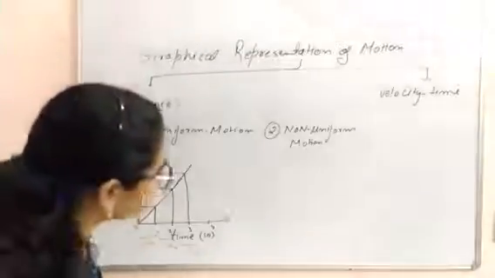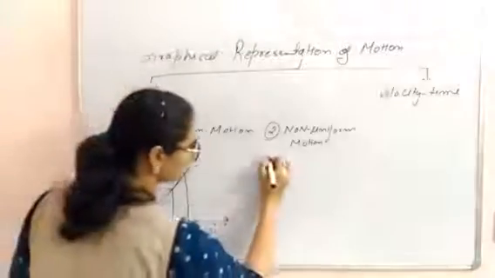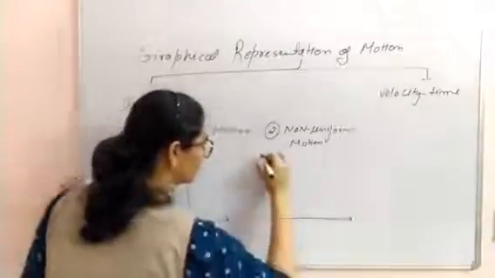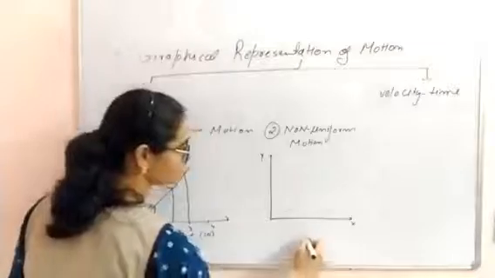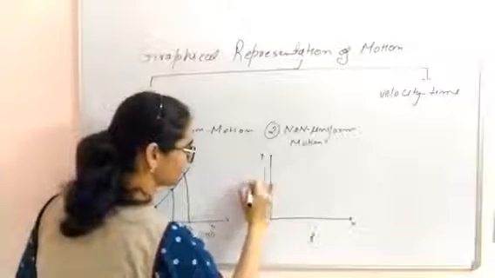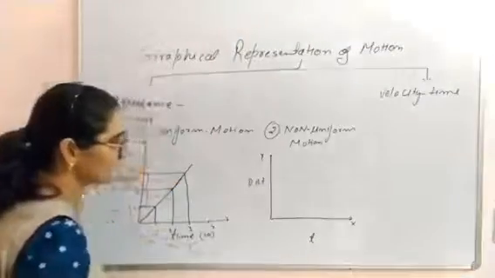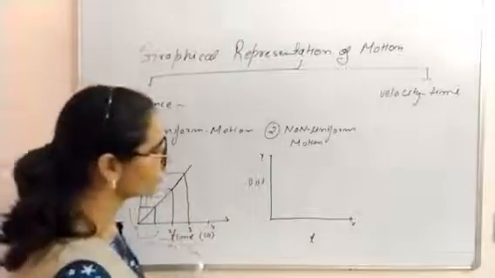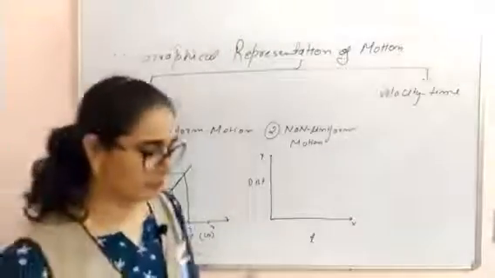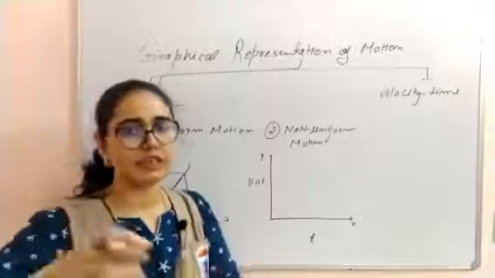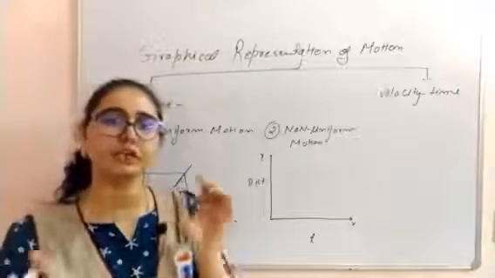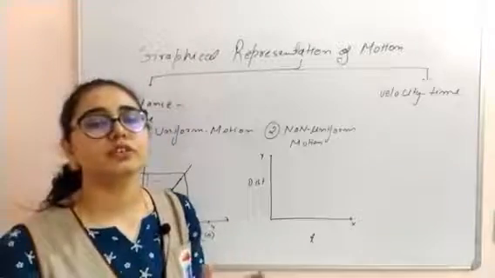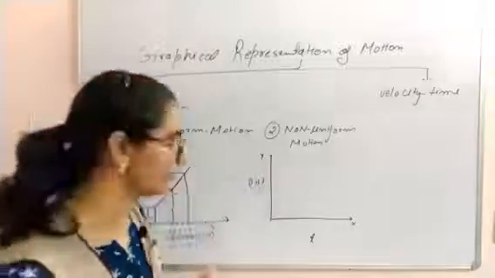So in that case, when we are going to draw the graph, how are we going to see the graph? Here you are taking distance on the y-axis and time on the x-axis. Two things are possible here: equal distance in unequal intervals of time, or unequal distance in equal intervals of time. Both of these mean that you are in a non-uniform motion.